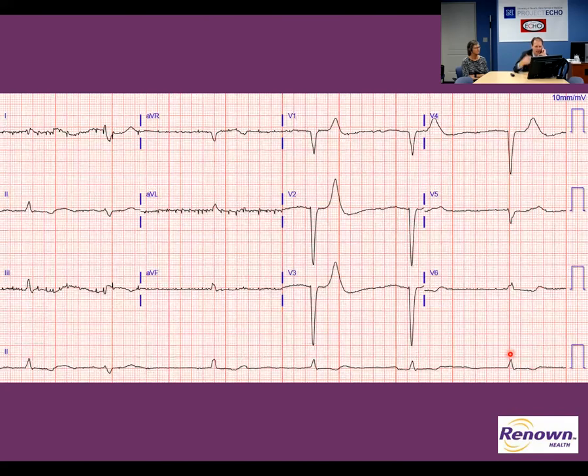I'll just say, not having reviewed our bundle branches yet, it's wide, and you have a left bundle branch block morphology here for the most part. Ideally it'd be upgoing in V5 and V6, but it's wide and it's deeply downgoing in V1. It's upgoing in 1 and AVL. So you have a left bundle branch block morphology in these complexes, but not this complex.